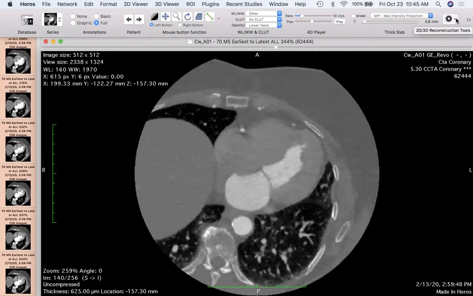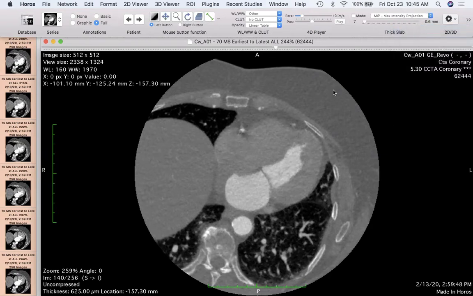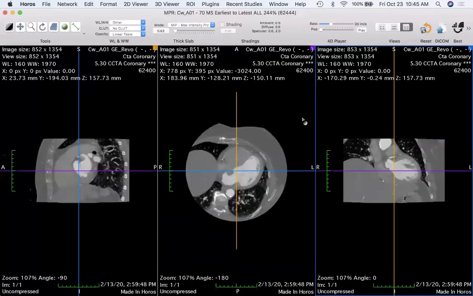I can then go to look at different views of that volume. This is called 3D MPR off to the side here. And it will bring up 3 panels. And I've set this view. How do you set this view? I think it might be one of these. I'm looking to see if it'll tell me. Maybe,